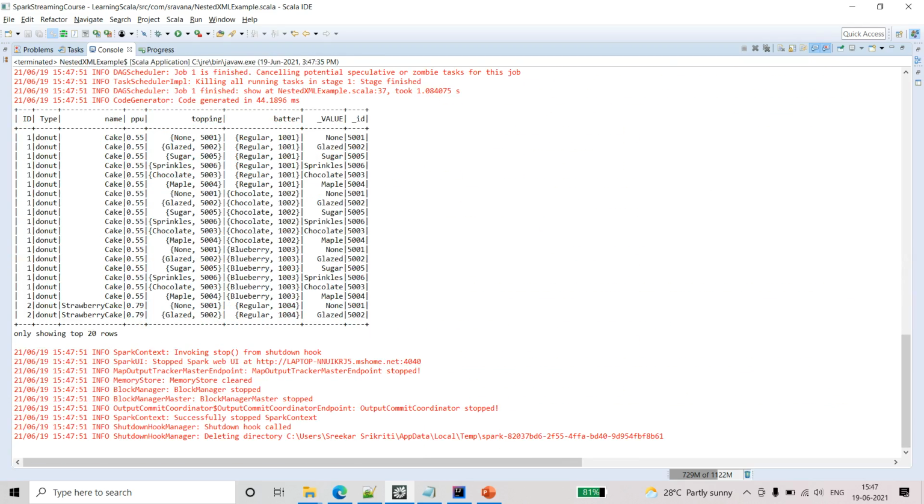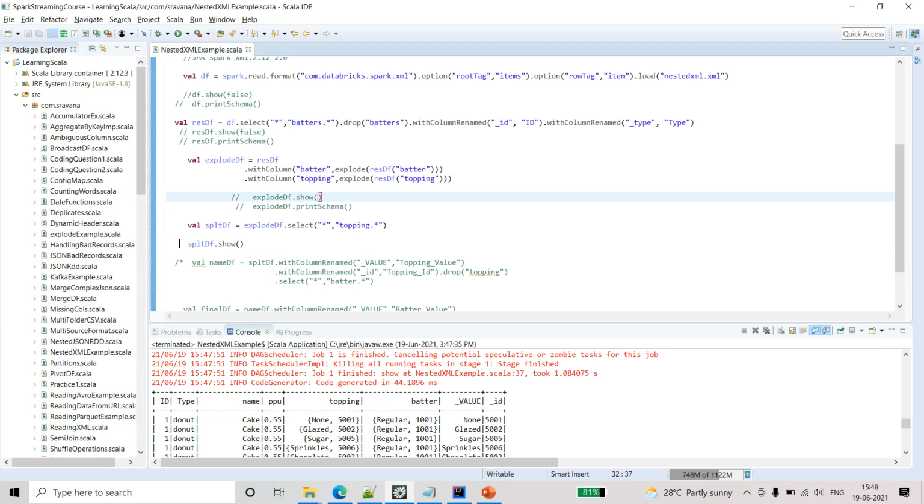So if you see here, for the topping, underscore value, underscore id is created. It has become like normal columns, like any other columns in the data frame. It's fully flattened. So now let me rename them.